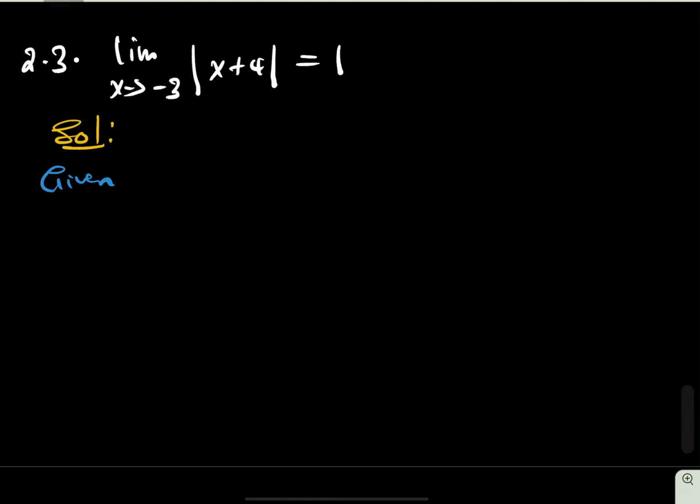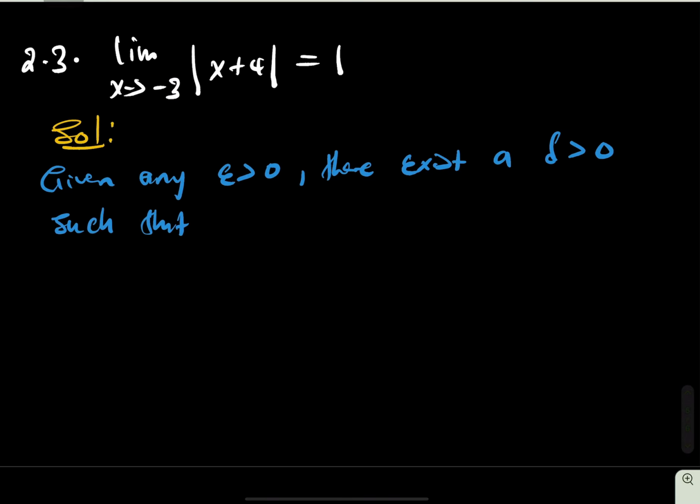You say given any epsilon bigger than 0, or for every epsilon bigger than 0, there exists a delta bigger than 0, such that the distance between x and 3, so x minus 3, should be bigger than 0 but less than the delta. And then